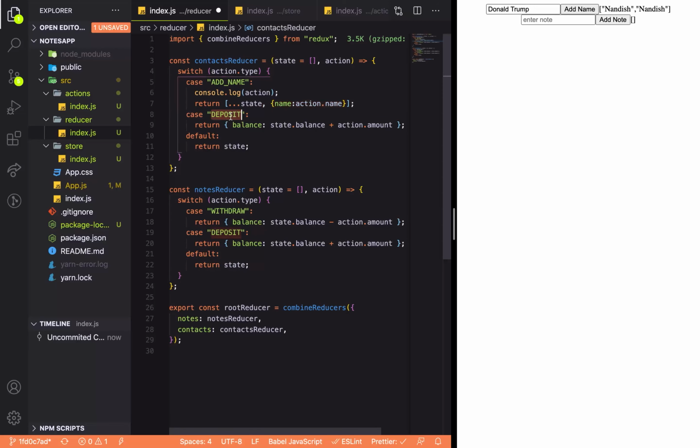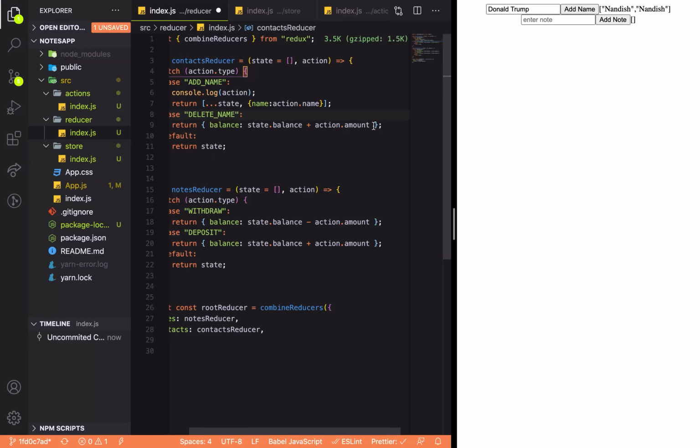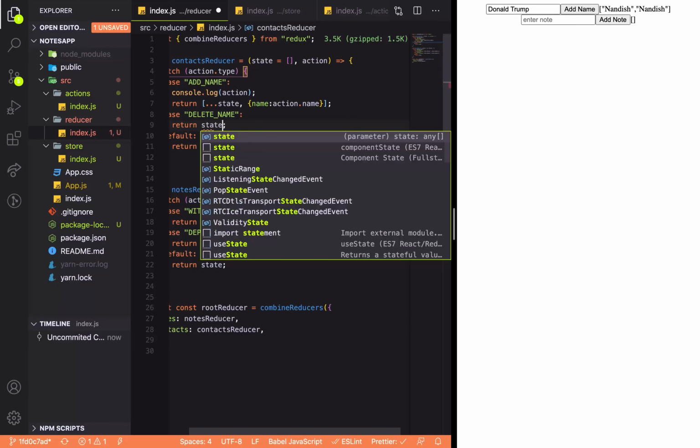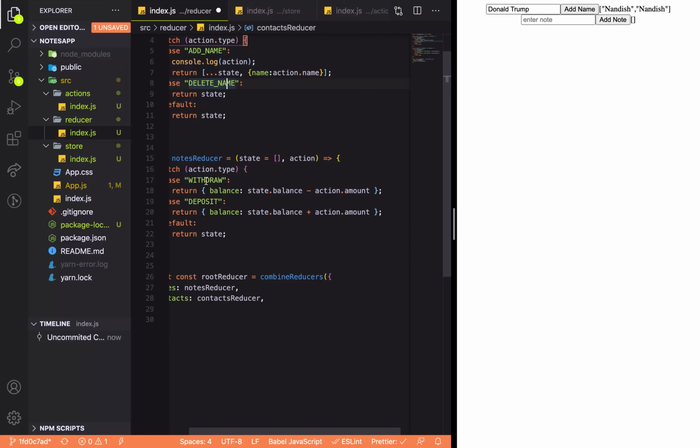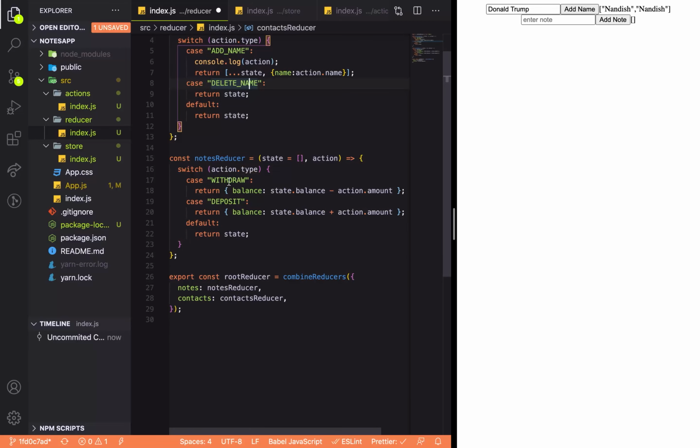So next thing here should be delete name, though we are not going to work on this, but yes, right now we can have it as a delete name. And okay, we'll just return state here, then state. And here it will be notes reducer, so add note,